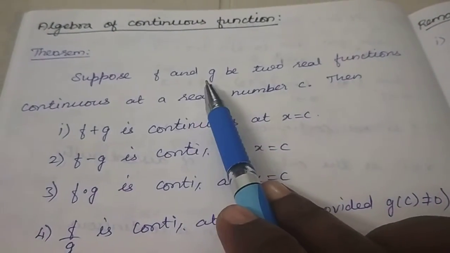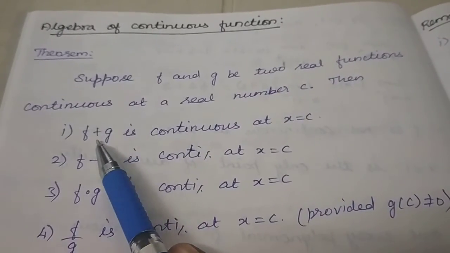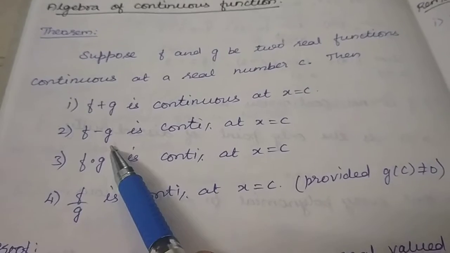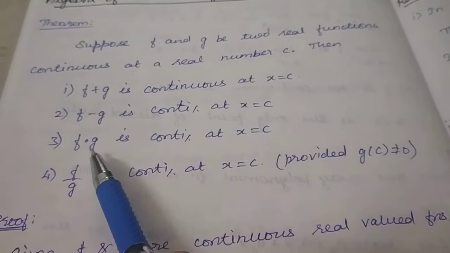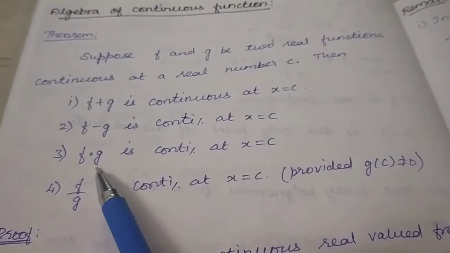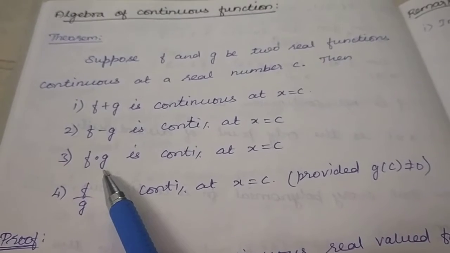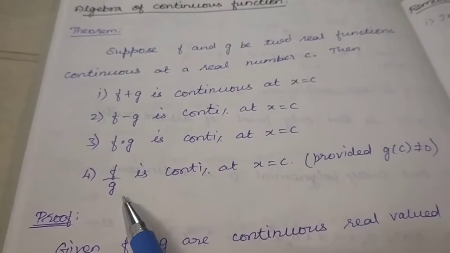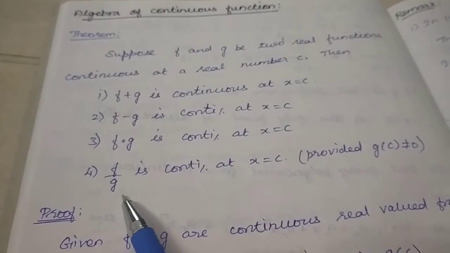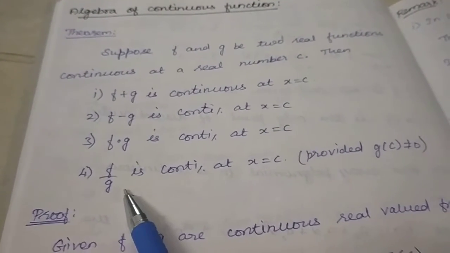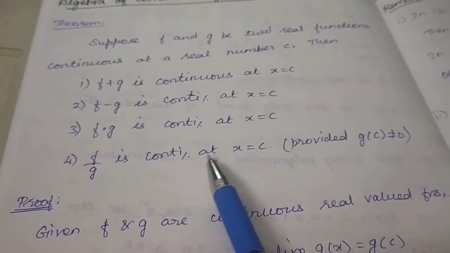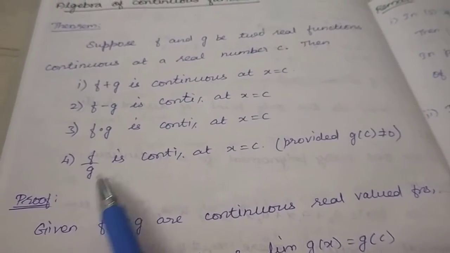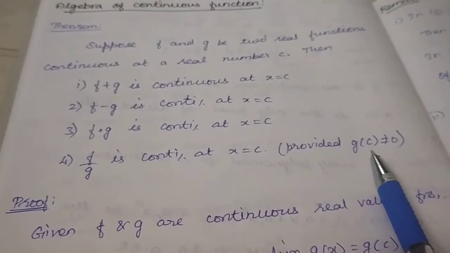If f and g are continuous, then adding the two, again we can say it is continuous. Similarly, for subtraction also it is continuous. Then instead of product, here we will be using the word composition. Okay, composition. Then for division we will be saying it is the quotient rule. Here we have one more condition, that the denominator value should not be equal to 0.